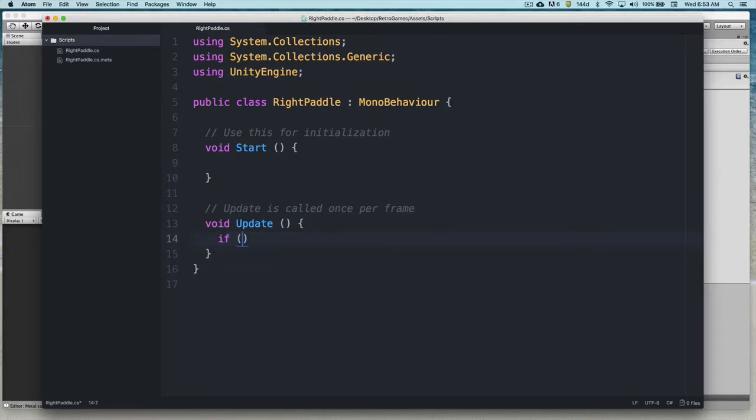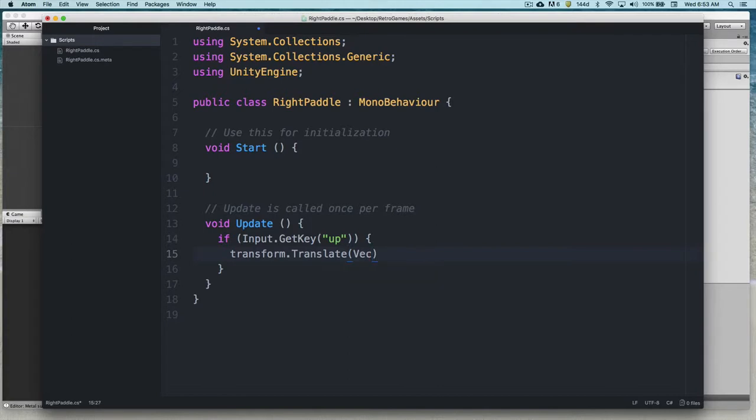I'm going to use an if statement because I need to check it. So I need to say, if Input.GetKey, parentheses, up, then I need to go to the end here and do a curly brace, hit return, and that curly brace should auto align for me. So if I am pressing the up key, what am I going to do? Well, I'm going to move the paddle up. So I'm going to use a built-in function called Translate that is used on the transform component of every game object. So I'm going to say transform.Translate,